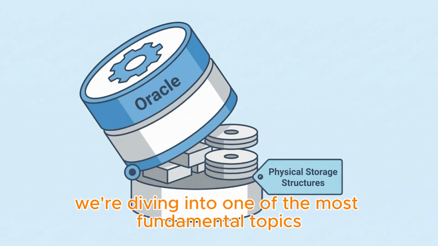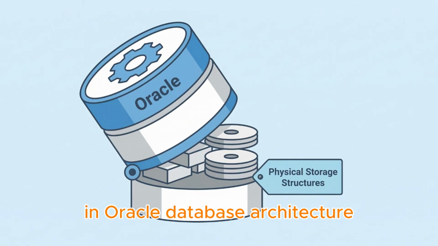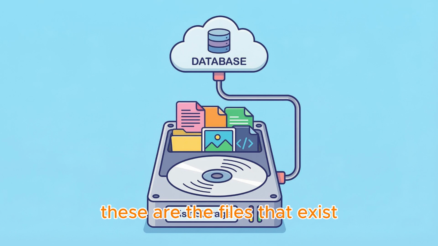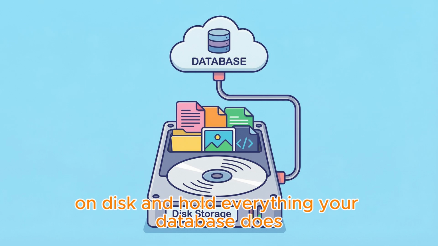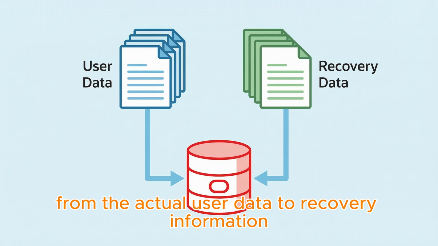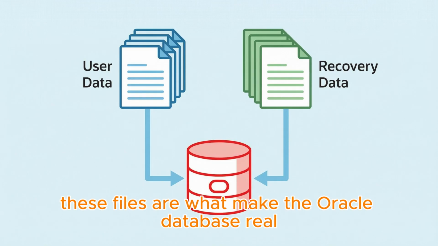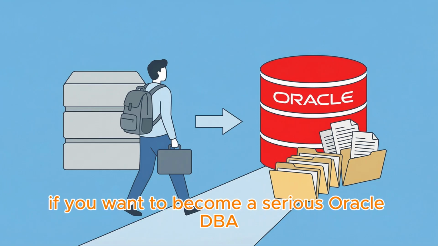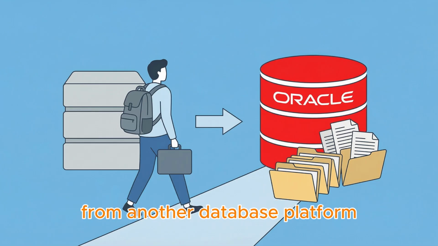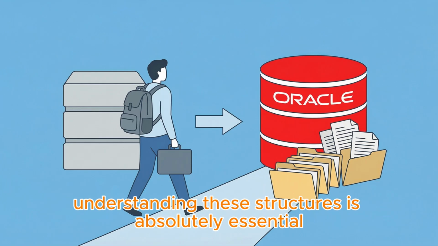Today, we're diving into one of the most fundamental topics in Oracle database architecture, the physical storage structures. These are the files that exist on disk and hold everything your database does. From the actual user data to recovery information, these files are what make the Oracle database real. If you want to become a serious Oracle DBA, or if you're transitioning from another database platform, understanding these structures